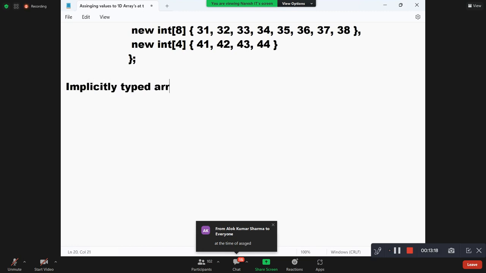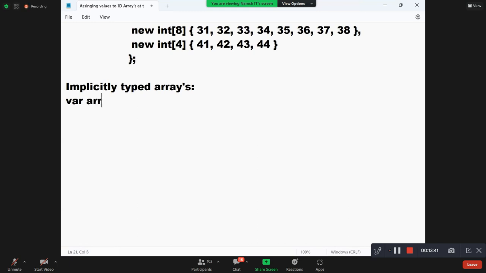Same way, we have a concept of implicitly typed arrays also. Means you can declare arrays also by using the var keyword. How, sir? Var. Okay, watch it. How do you declare an array by using the var keyword? Var ARR is equals to